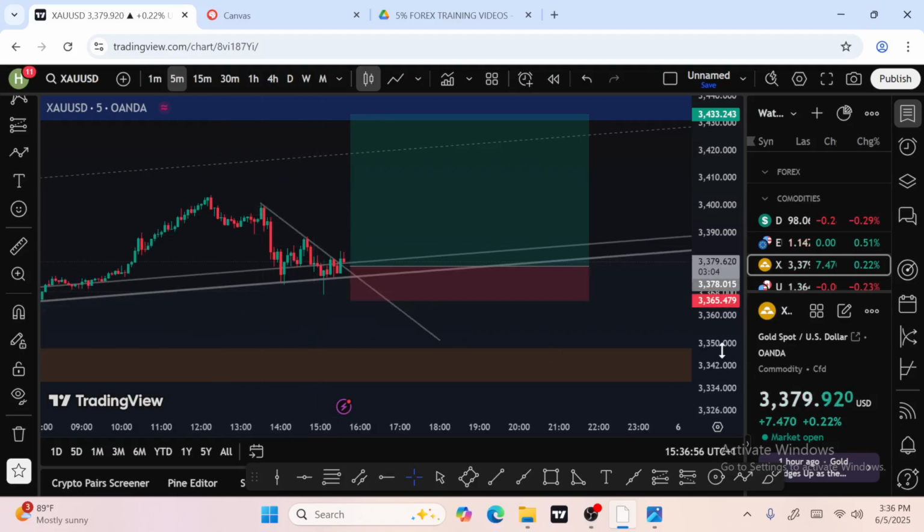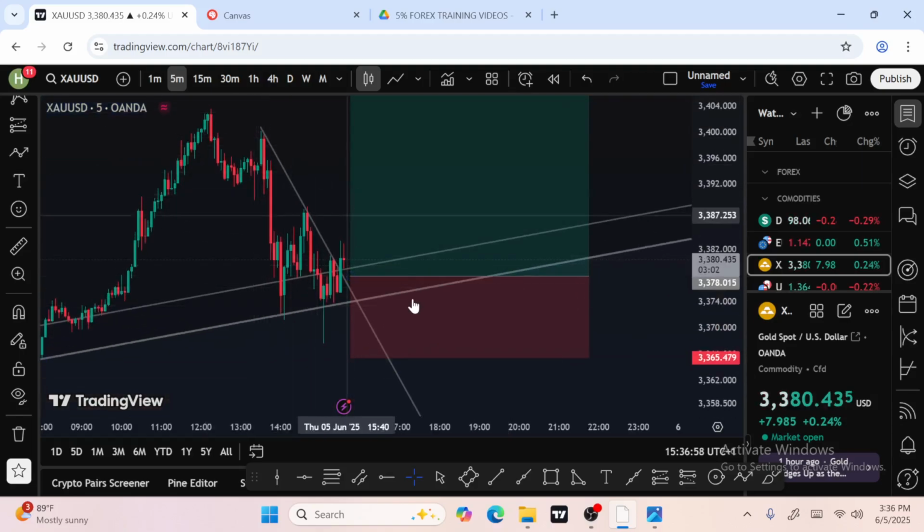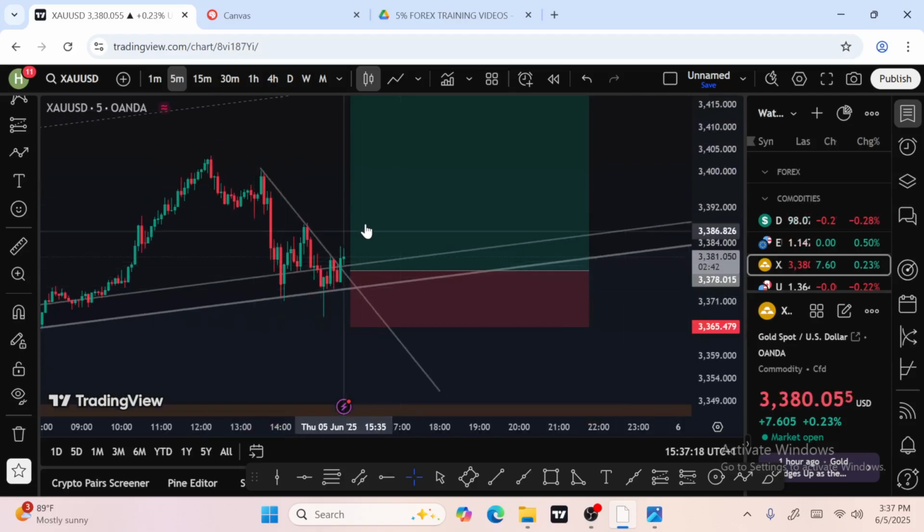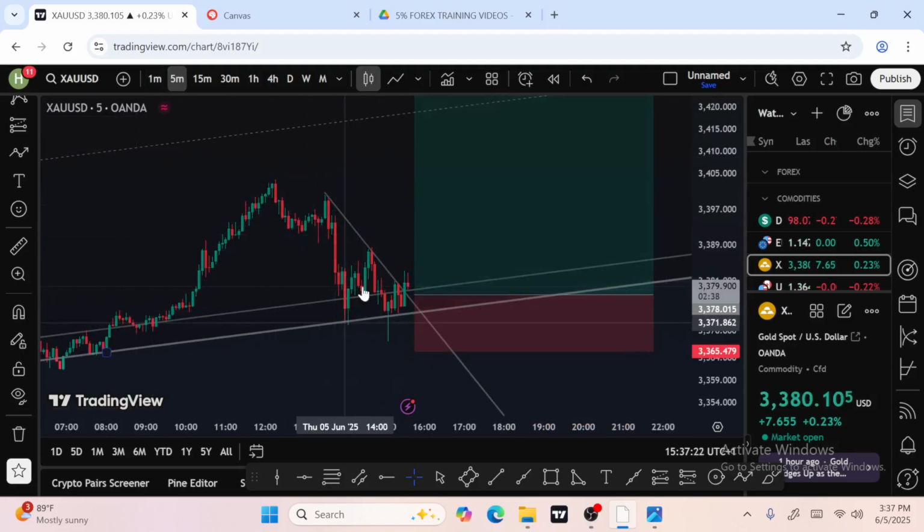Now see the 5 minutes. The 5 minutes has broken out from that channel. It has acted as a what? A bullish engulfing bar. But it's 5 minutes, so it is not strong enough. But it has given you a flame, a clue that something wants to happen. Is that not so? I have my setup already. Do you see it now? And if you look at 5 minutes, you have a potential what?